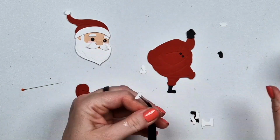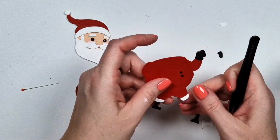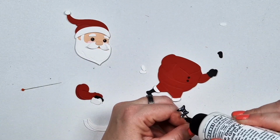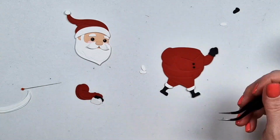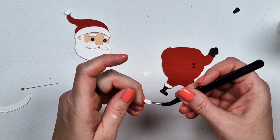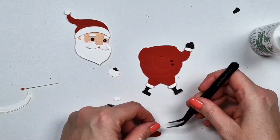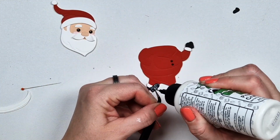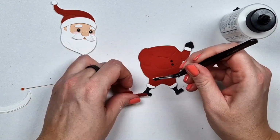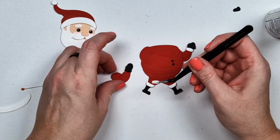Oh well, I could have added the boots in between the 2 layers. Actually, I didn't do that. I'm adding the boots behind the body, and then this little detail in front, just so that there is a dimension. It just made sense to me. Of course, in the video you don't see these things, but in real life you do, and maybe at the end of the video in the photos you can see that. But of course you can do however you like. Now I'm also adding a layer to the gloves, and then all these little details,